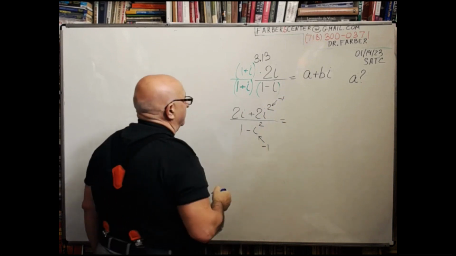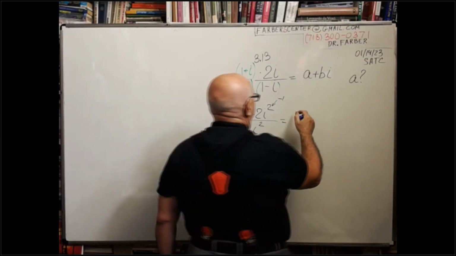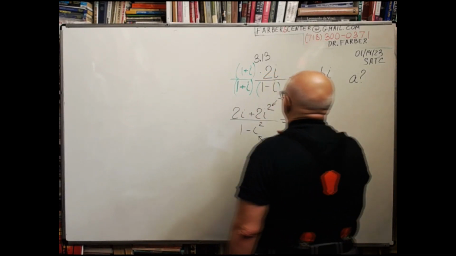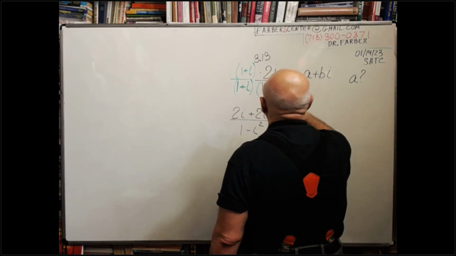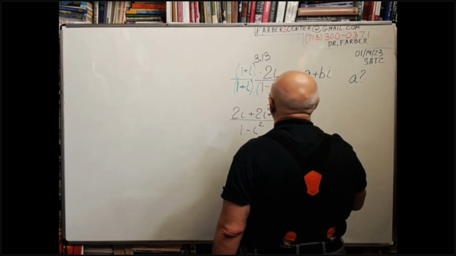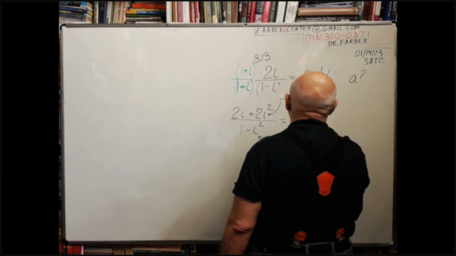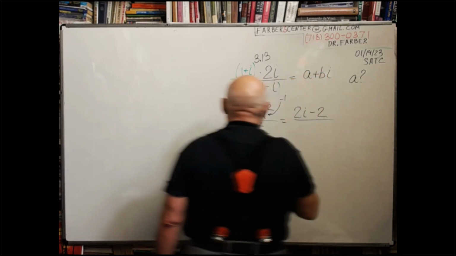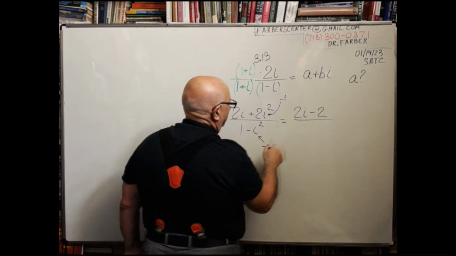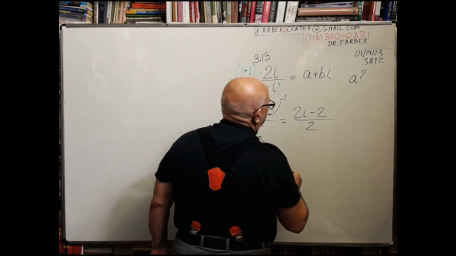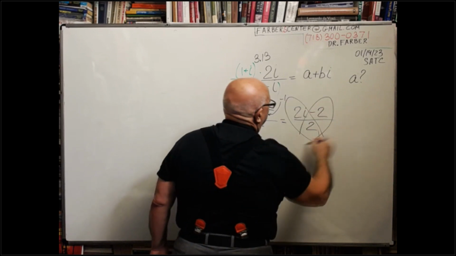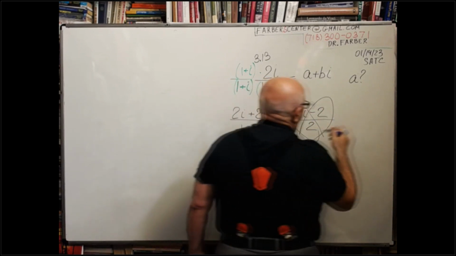And plug in. You will have 2i, and since i squared is -1, I write more neatly here, minus 2. Divide by 1 minus -1, over 2. Butterfly rule. You have i